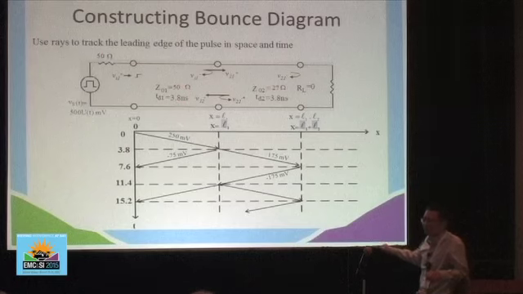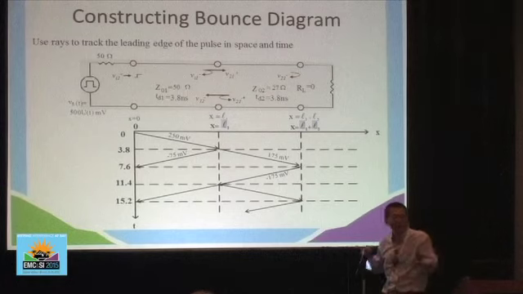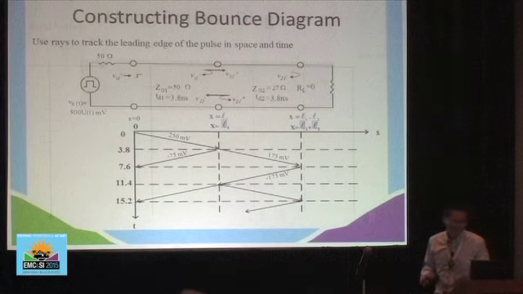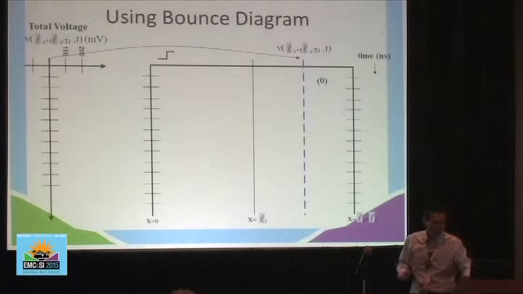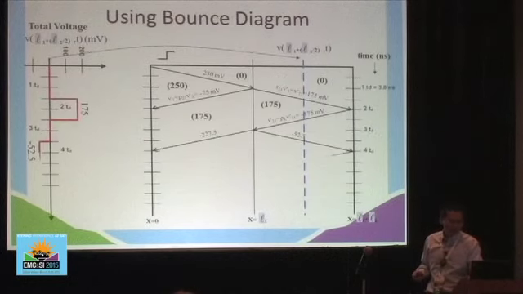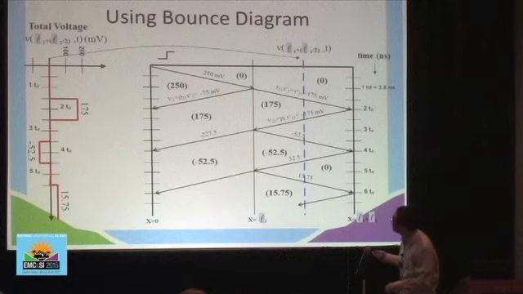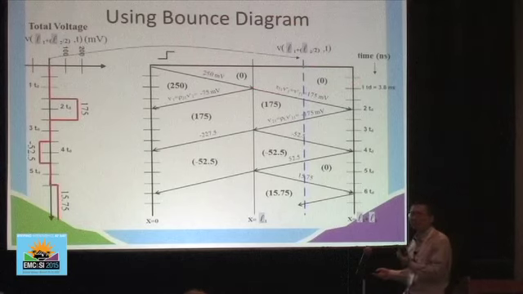It's matched with this transmission line, so it's completely absorbed. So this diagram helps to understand how the wave propagates in the transmission line. It's a very useful way to help us understand. Okay, I will skip some of the slides here, but basically using the bounce diagram, we can calculate the total